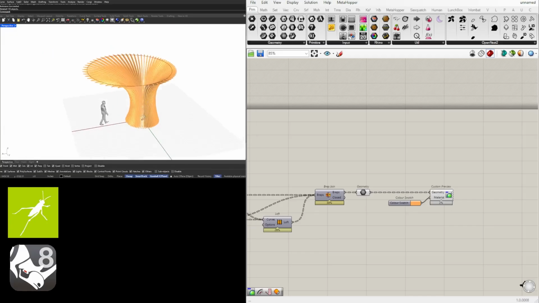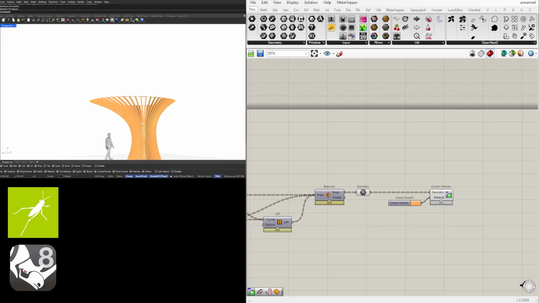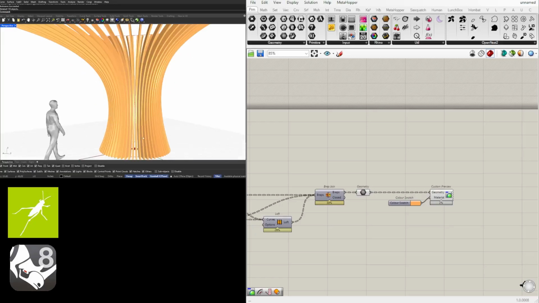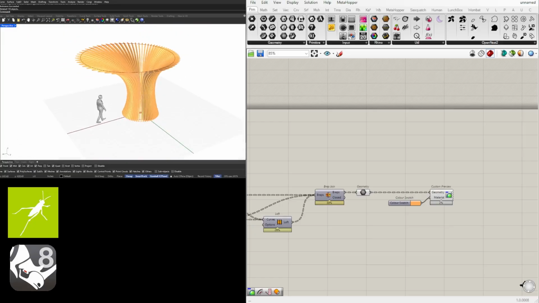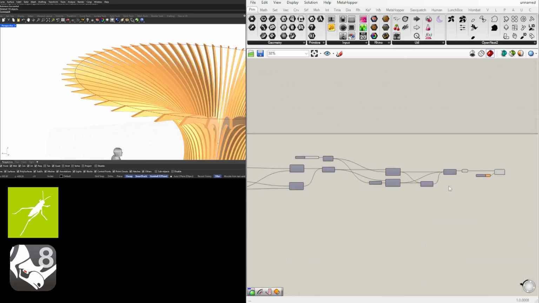Now what I can see this being used as is if you have, let's say, a lobby or a bar or something, and you have some columns located throughout the space, you can use this to cover up that column if you want to and create this kind of big flare that I think looks really good. The last thing we are going to do now is